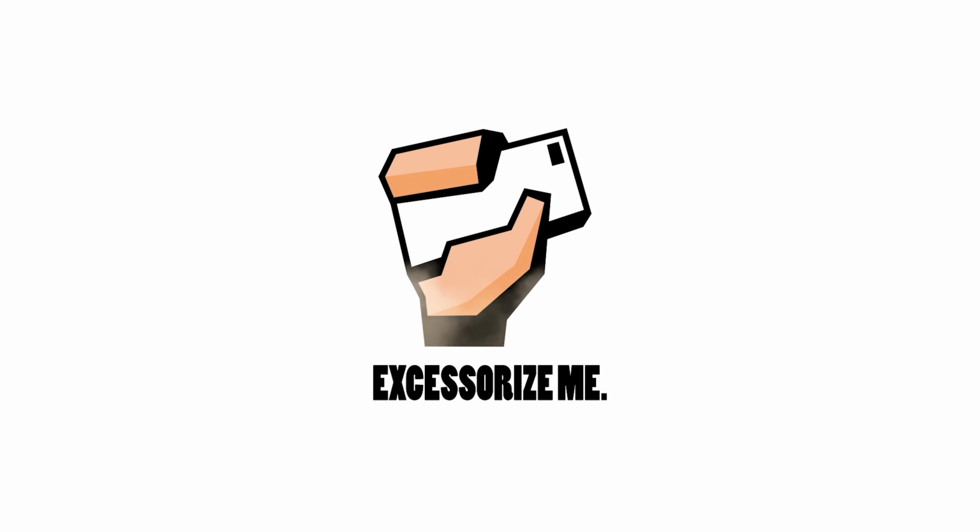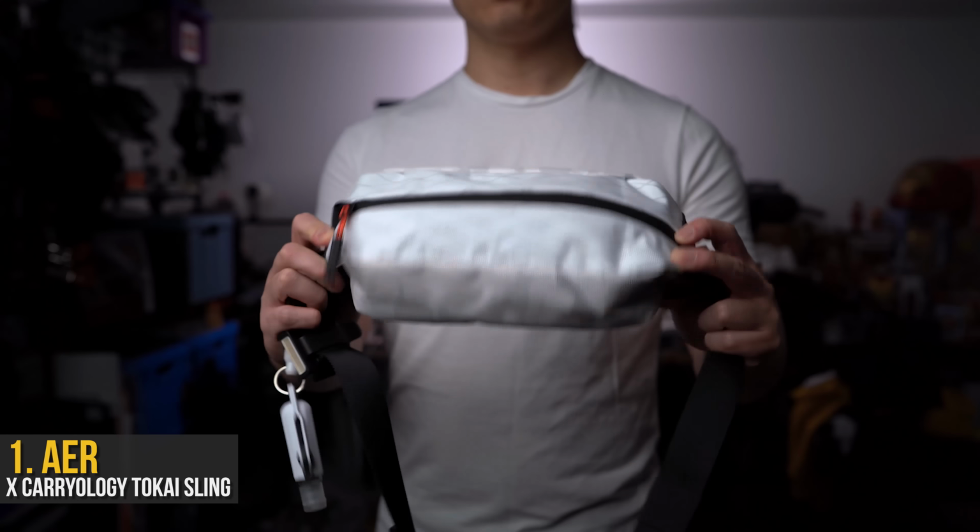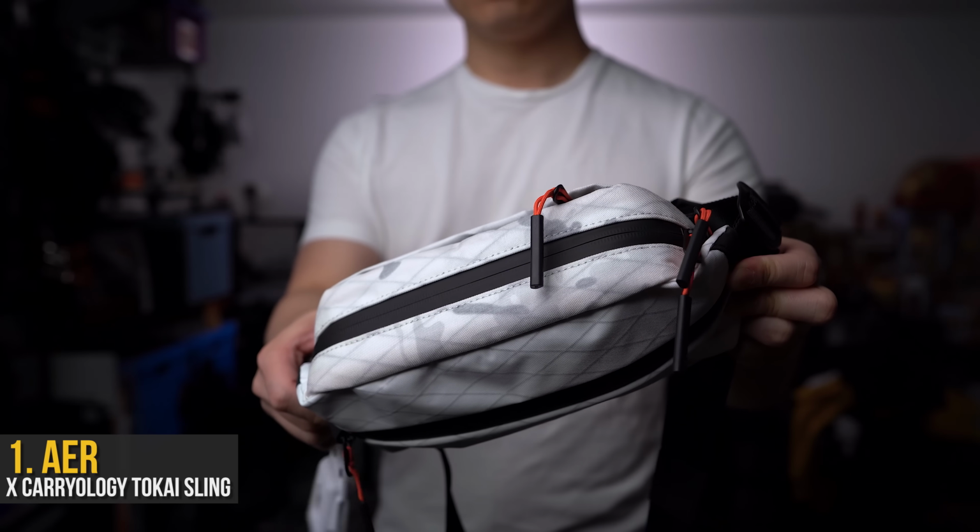Today we're going white on white. It's been a while since we did this one, so let's check it out. Now for our carry option for today, a special edition Carryology and AER City Sling, the Tokai sling in a